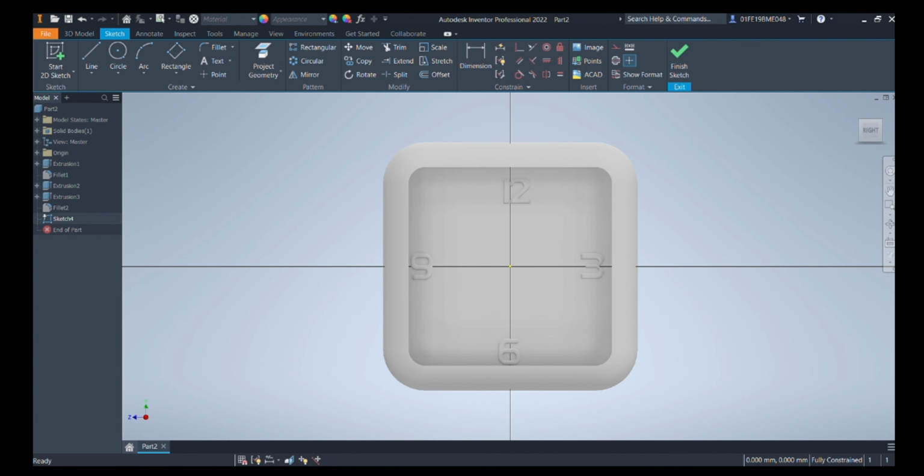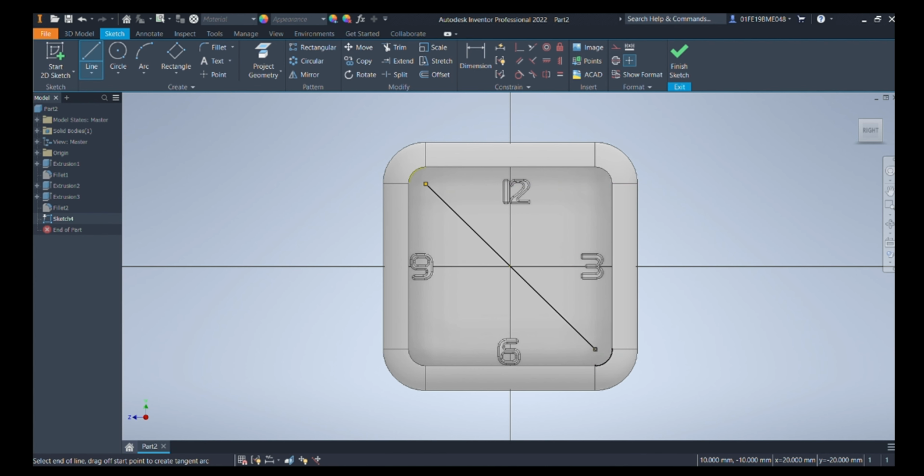Now do one thing, choose the circular option, and after choosing it, we just need to rotate it around its axis for about 15 degrees to both the sides. So one side is enough, we will mirror it on the other side by choosing the center line as mirror line. Yes, we have mirrored the component. Now deleting the center line which we have made.